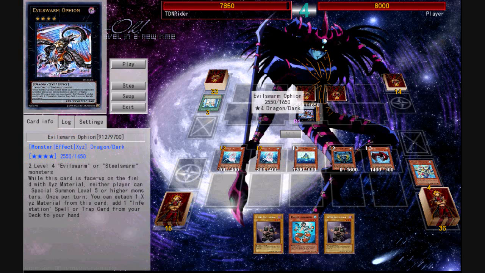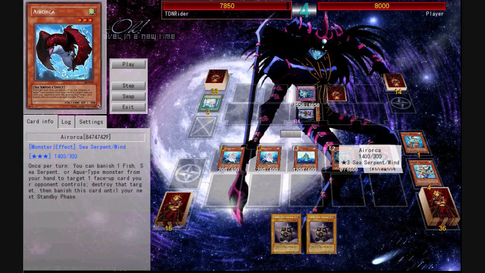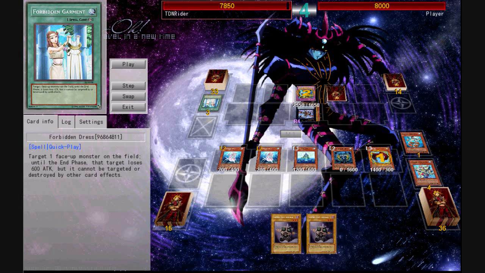I wanted to get rid of his Ophion, and I just used its effect. I banished my Agundi as cast, but then he changed safe zone, and since Air Orca cannot destroy the card, it will stay on the field, so just keep that in mind. But then, since I knew this was a safe zone, I wanted to overlay for